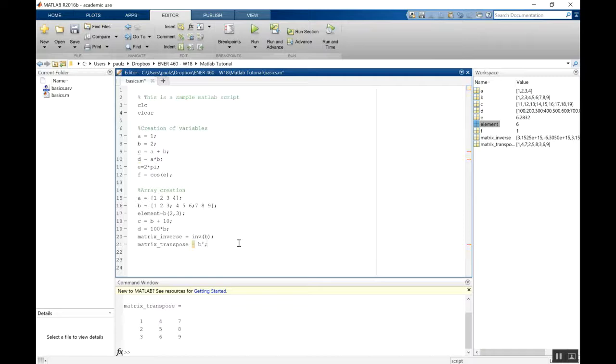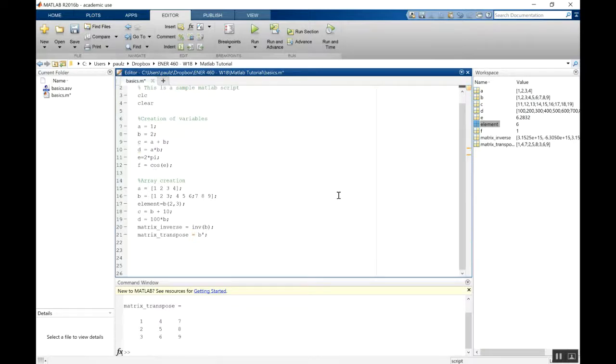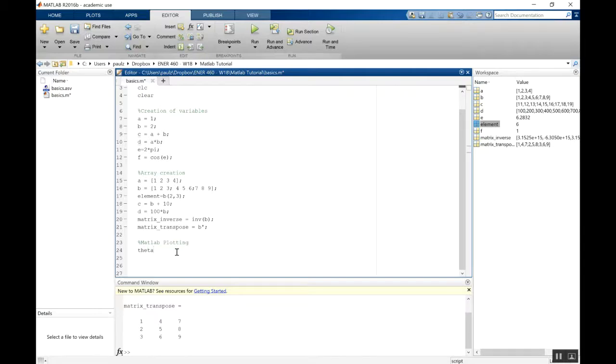Okay, so I think we're going to move on to plotting in MATLAB. I'm going to create a new section here, which is MATLAB plotting. So why don't I create a variable which I'll name theta? I'm going to say that theta goes from 0 to 2 pi, and I want it to have 360 elements. So in MATLAB,